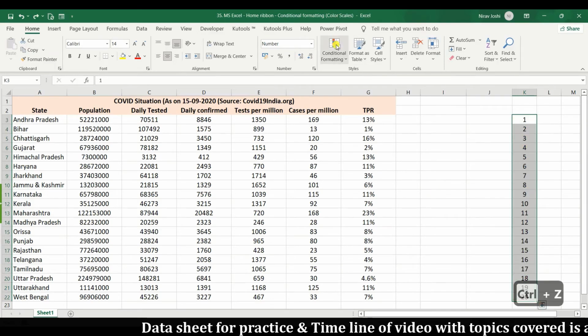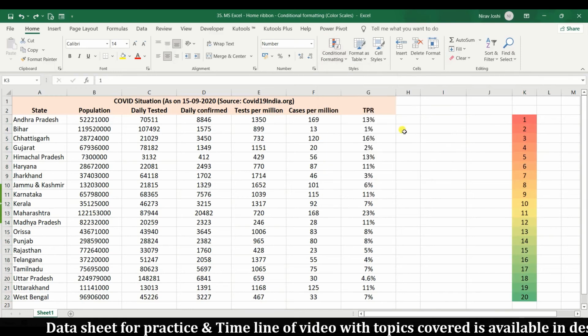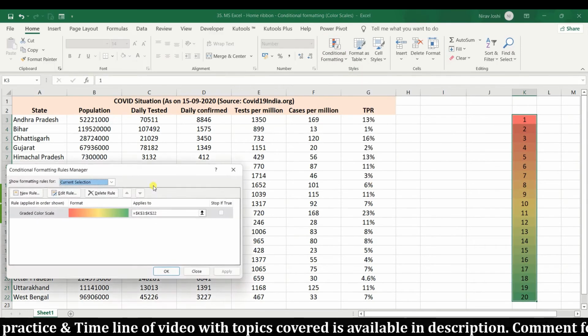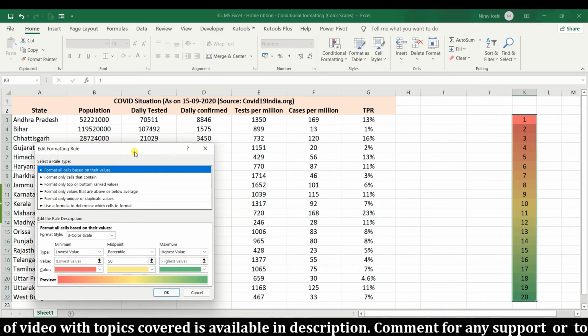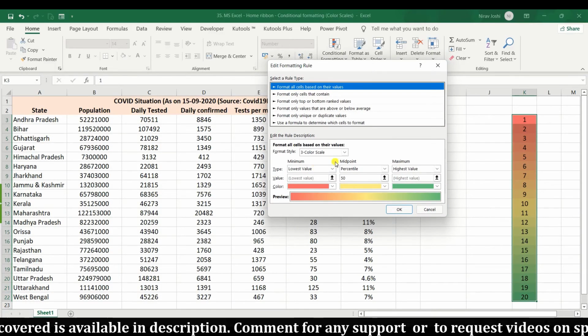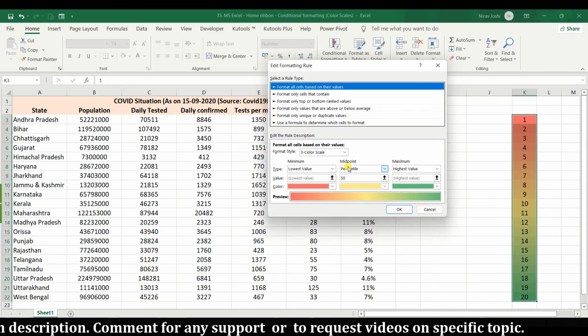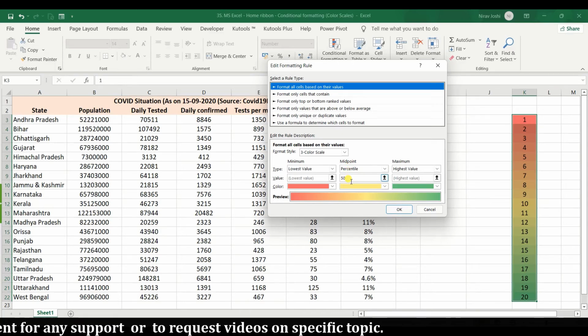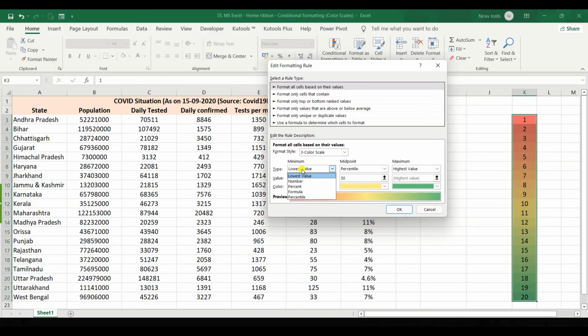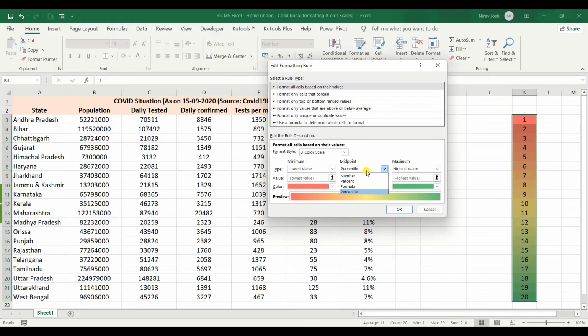Now, if we apply 3 color scale, go to manage and go to edit, we have another thing, that is a midpoint. As we discussed initially, we can also denote a midpoint color grading here, right? So as in 2 point color scale, we are having different settings for minimum and maximum. Similarly, we also have a setting for midpoint in this particular 3 color scale conditional formatting, and you can also denote a particular color for that as well.